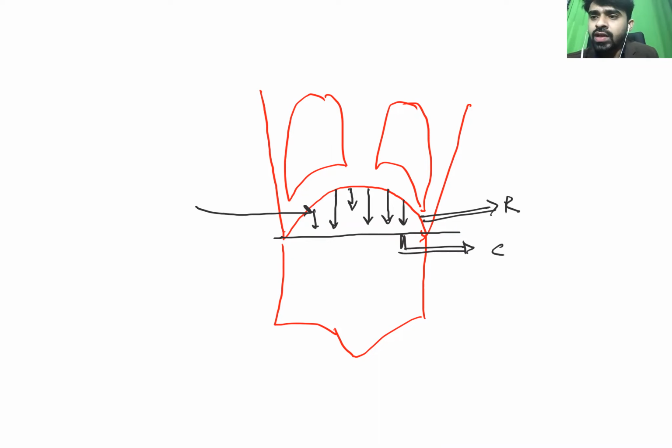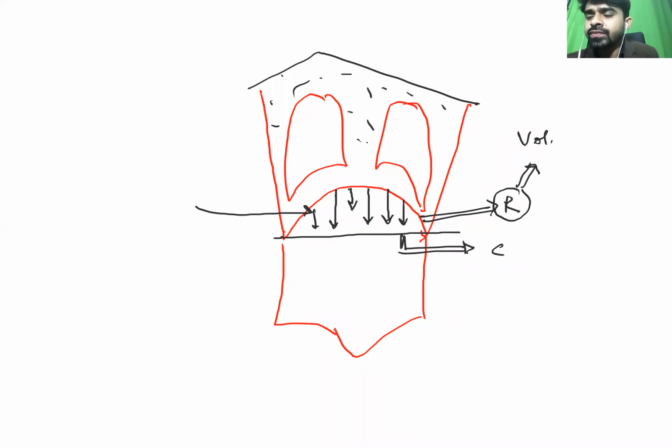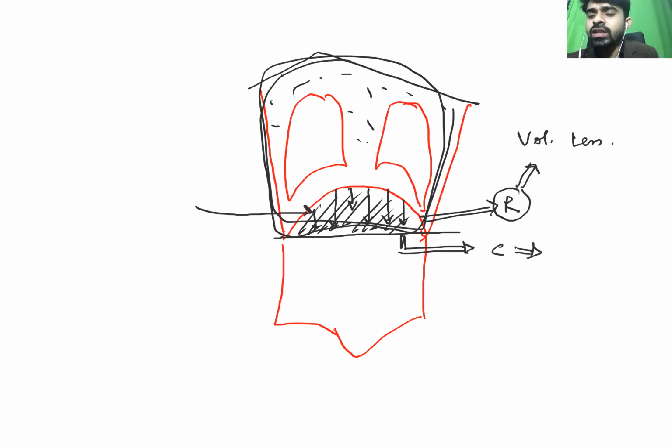Now in the relaxed phase, is the volume of the thorax more or less? Less. But when it is flat, you get additional volume. So when your diaphragm is contracted or flattened, the volume of the thorax is